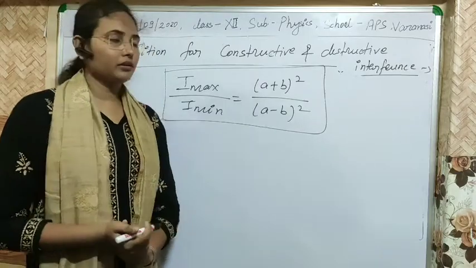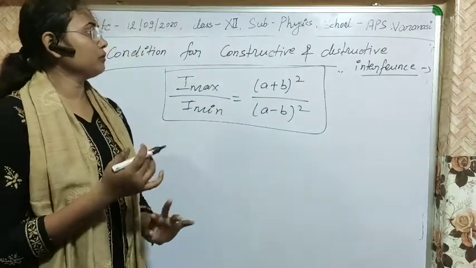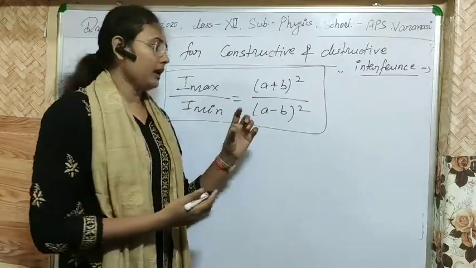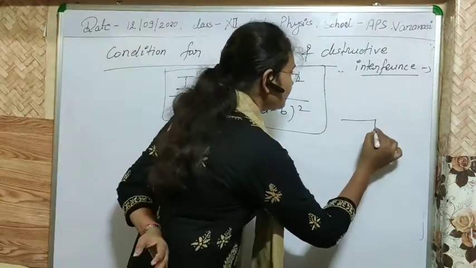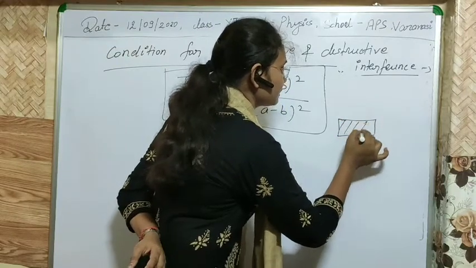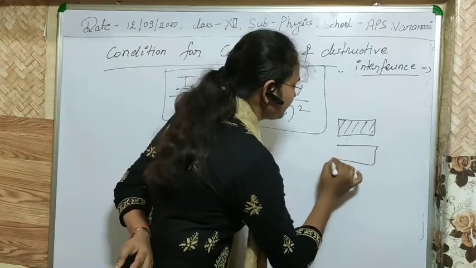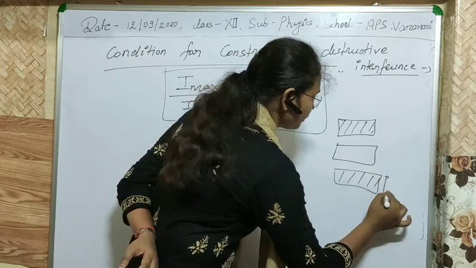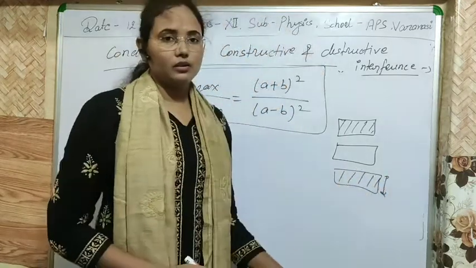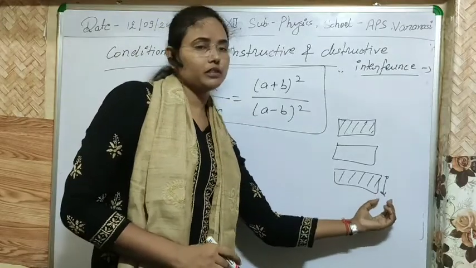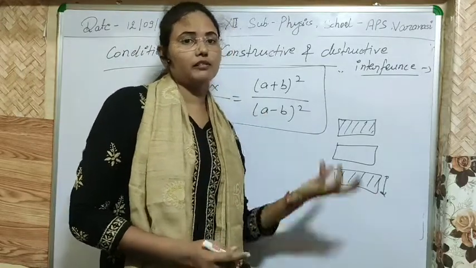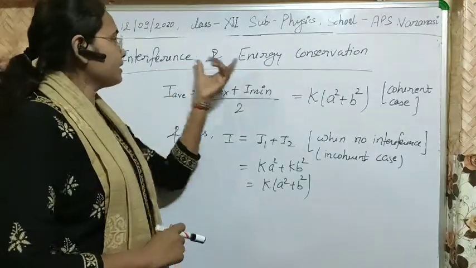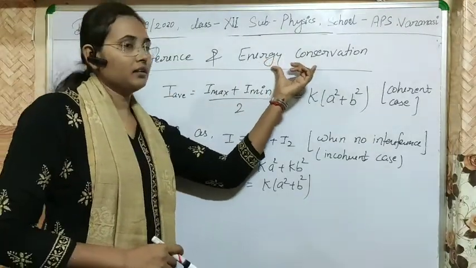Now let's study some more about the interference pattern and fringe width. So what will be the fringe width? As we got some fringes of this type, this is a dark fringe, bright fringe, again a dark fringe. So what is the fringe width of these types of bands? We can easily calculate fringe width also from the theory of interference. See how. Let's start with interference and energy conservation.